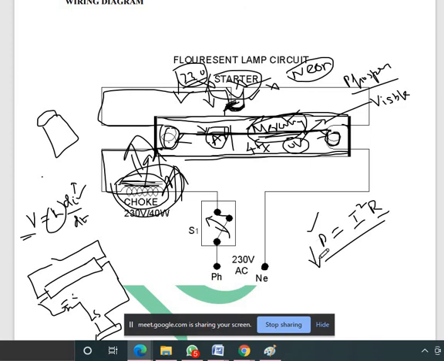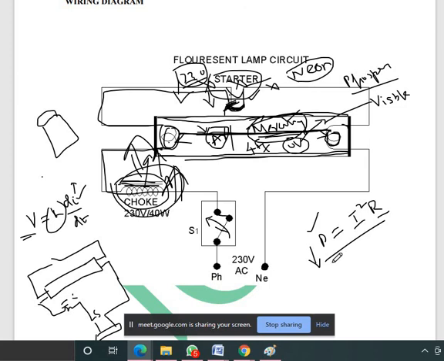So instead of a 40 watt fluorescent lamp, you can replace it. You can just fix either a 10 watt or 8 watt LED bulb, which is sufficient to create the same light. At that time we have to reduce the power consumption to a third. So the heat will not be generated as compared with a normal commercial tube light.